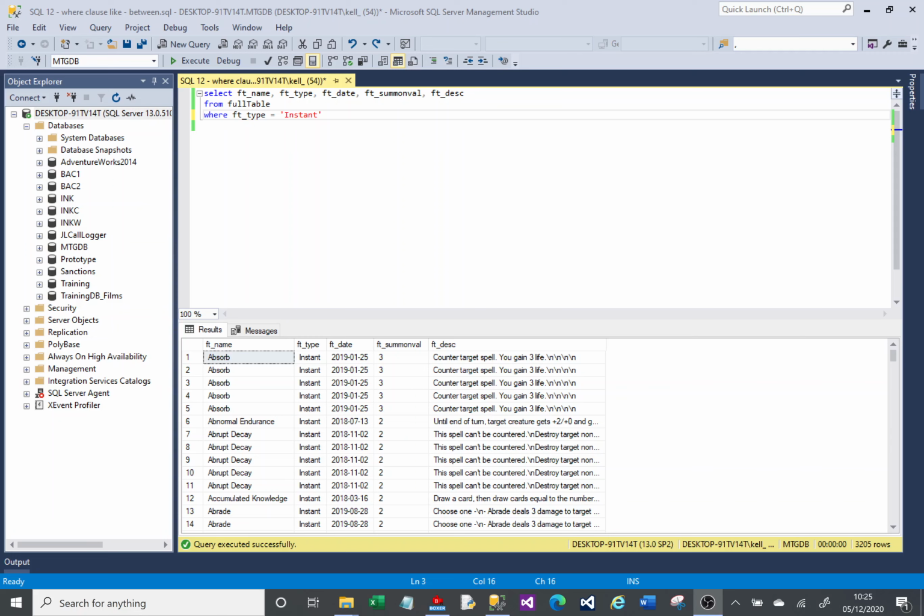Hi, welcome to this video on MS SQL covering the where clause and in detail like, not like and between keywords. So you can see on screen I've got a standard select against a table where the type equals instant, and that's returning me some very particular specific data, but